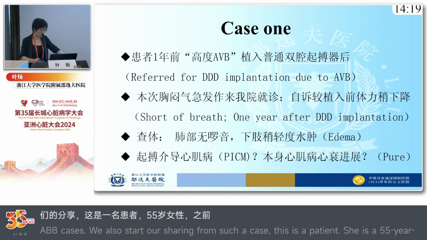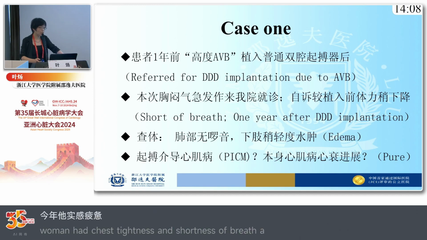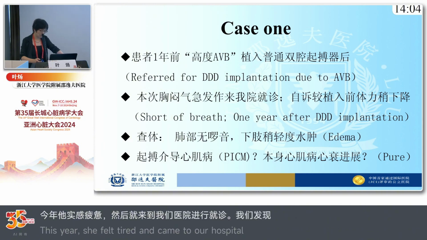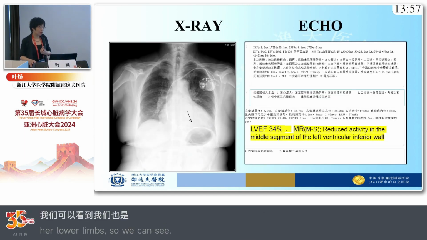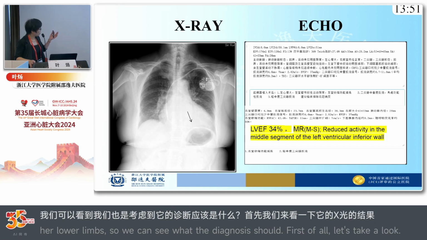1 year ago. She felt short of breath and dyspnea because she felt very tired. She came to our hospital, and we found edema of both legs. And we should mention what the definition is. Let's check her X-ray. We found her RV lead is located in the apical, probably a bit lower septal, and